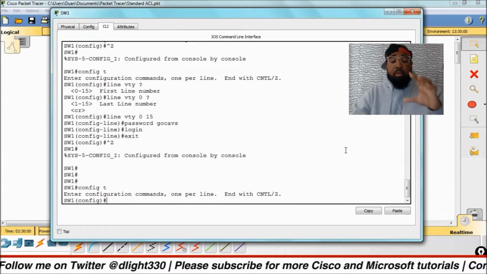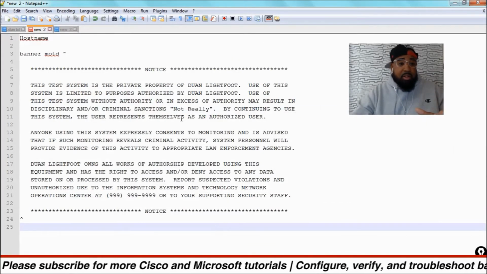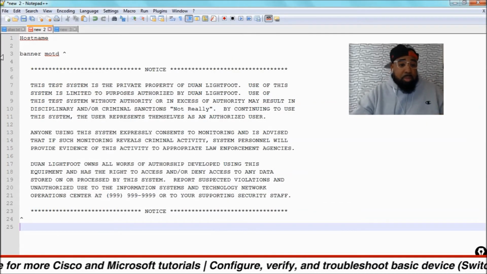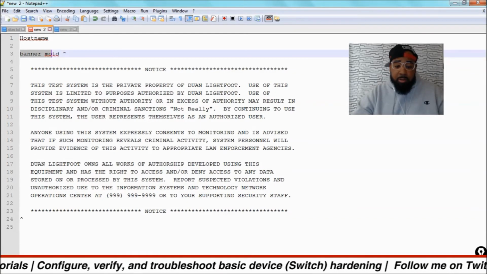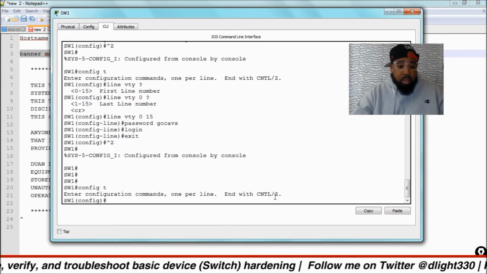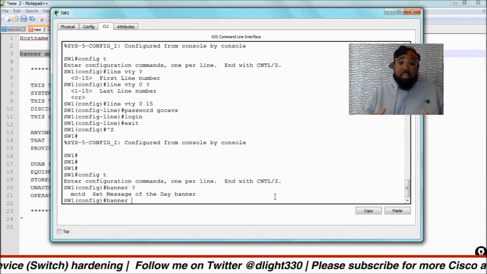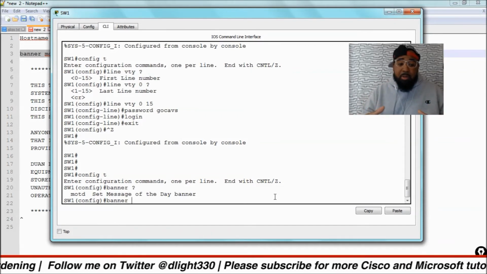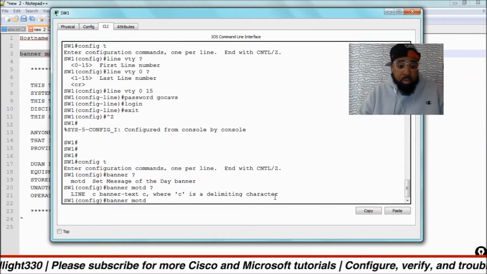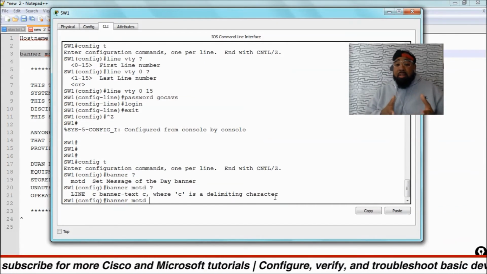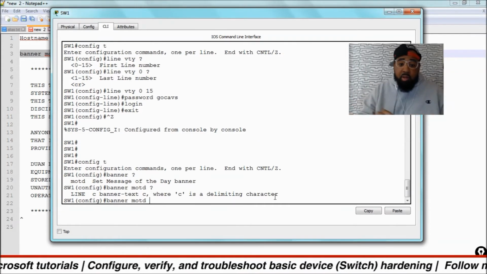So you configure that through global configuration mode. I so happen to have a banner message of the day already configured in my Notepad++. We'll copy it here. Actually, we'll start to enter it. So if you type banner, you have all these different options. But in Packet Tracer, you just have the banner message of the day option because that's what Cisco wants you to learn. Now, using the banner message of the day, you type banner motd,